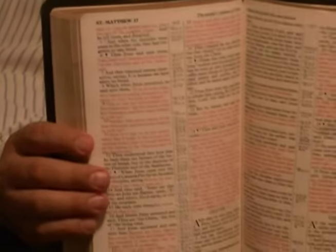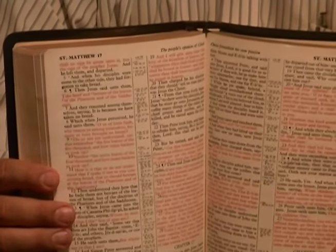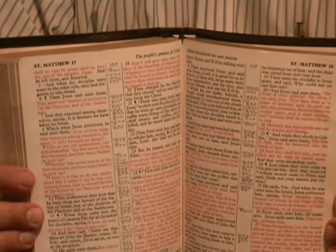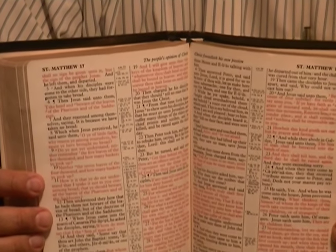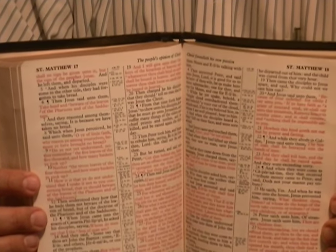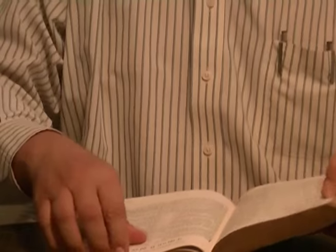Here's a copy of the red letter. You can tell that the red lettering is almost identical to the Concords of that 1980s and 1990s. They're using a little different shade of red. This is like a light pink, and I don't necessarily care for this particular red lettering. With the dual ribbon markers, and then when you get to the back,